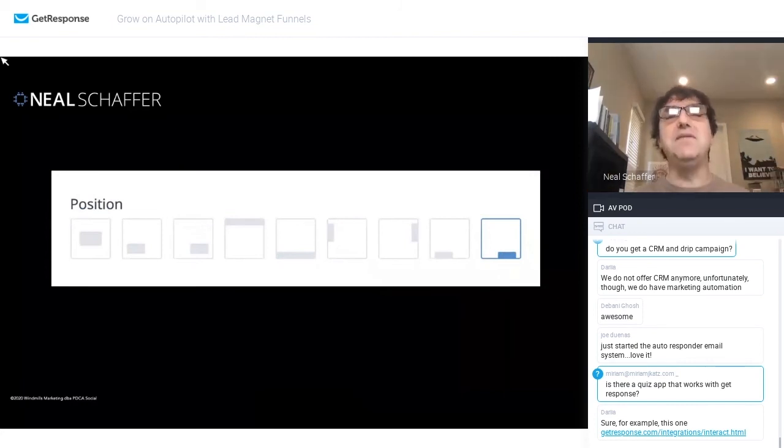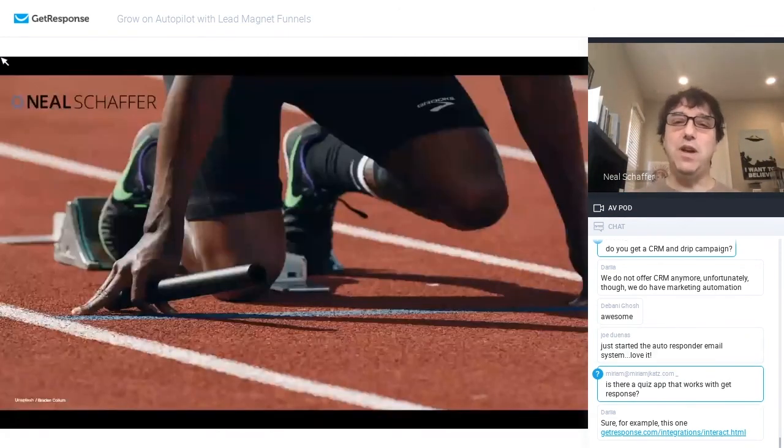So there's tons of lead magnet ideas, and there's tons of ways to get people to notice the fact that you have a lead magnet when they come to your site. The technology's there, right? But the technology can also get a little bit complicated when you start using different companies' products. And this is really what I want to talk about here, because maybe the technology is holding you back, right? But you're ready to run. Hopefully, when you get here, it's like, yes, how do I do this? How do I automate this? What is this functionality that you're going to introduce me to, Neil? So let's get to that.